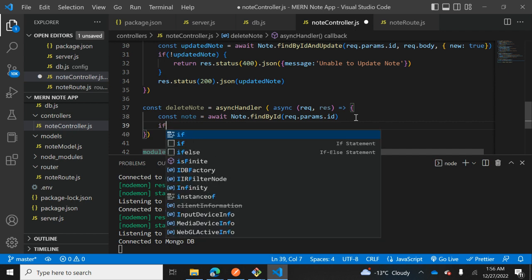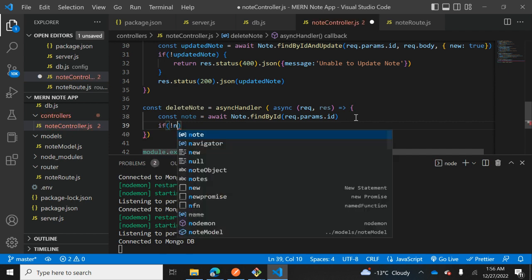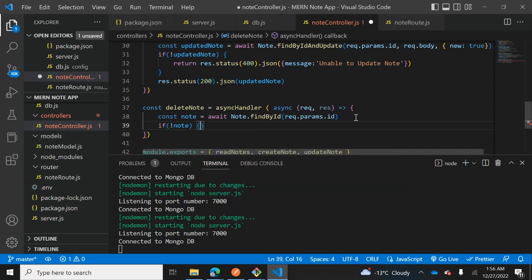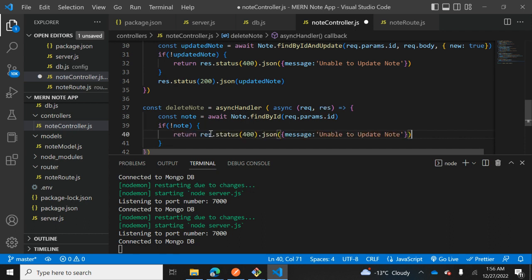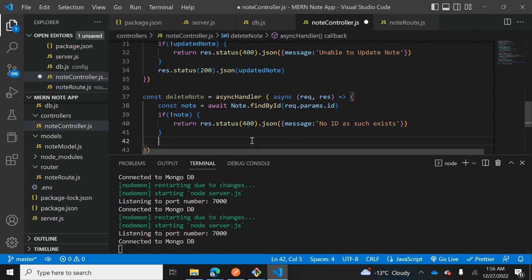And if there is no note, I'll send this error message. Save it, and if there is that specific note, then